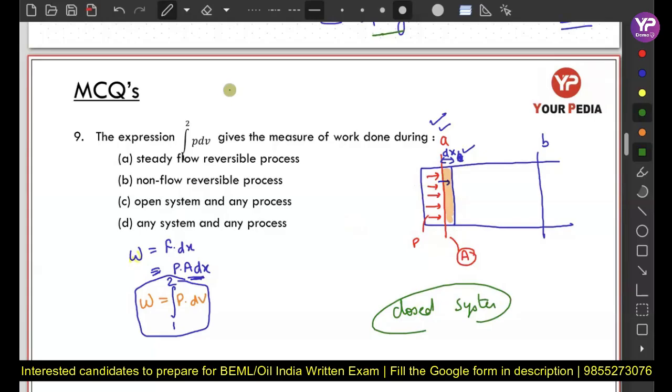Now, in thermodynamics we say that a closed system is a non-flow process because the mass is not flowing, and an open system is considered a flow system where the mass is continuously flowing. So I can say option B will be the correct answer. Next part,